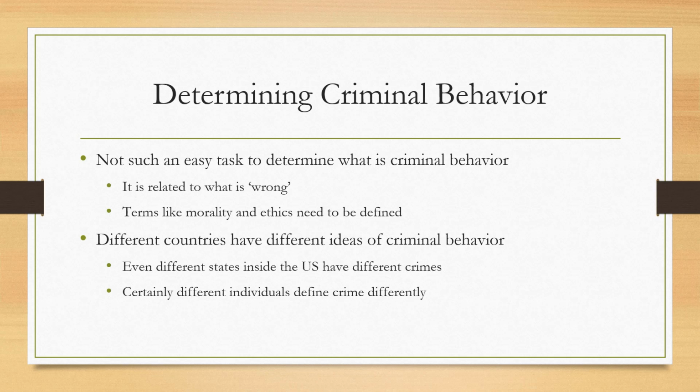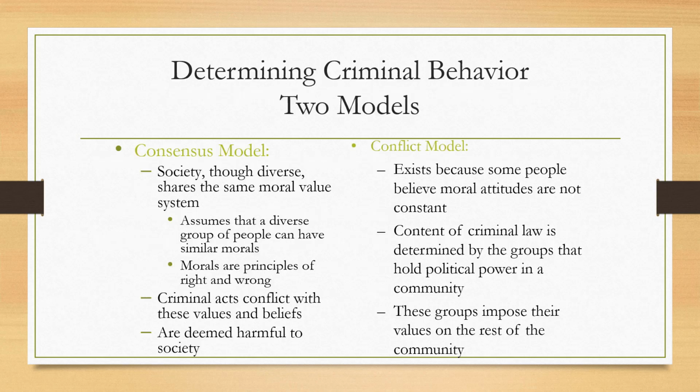in North Carolina. So every state in the U.S. can have different rules. Different countries have different rules. Certainly individuals would define what is and isn't crime differently. Your book posits really there are two main models, and believe me, there are others, but let's just stick with